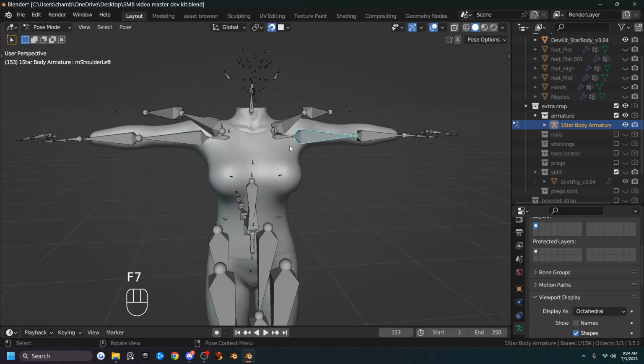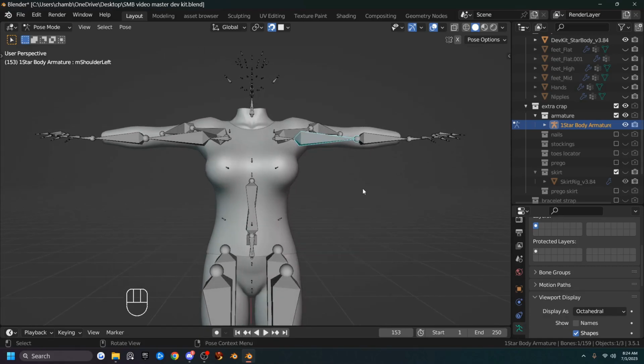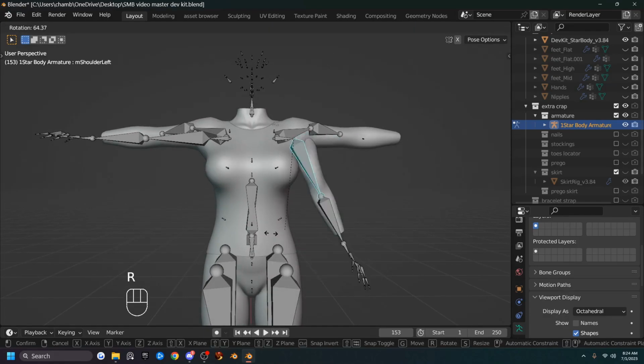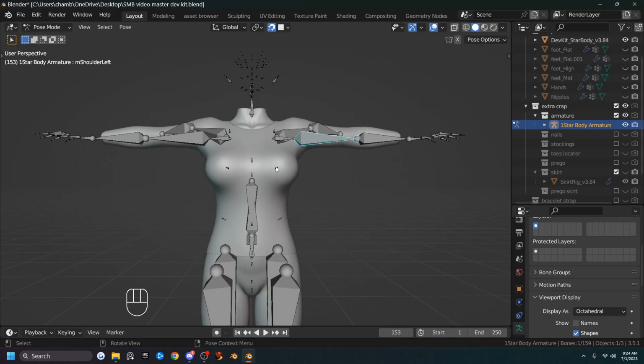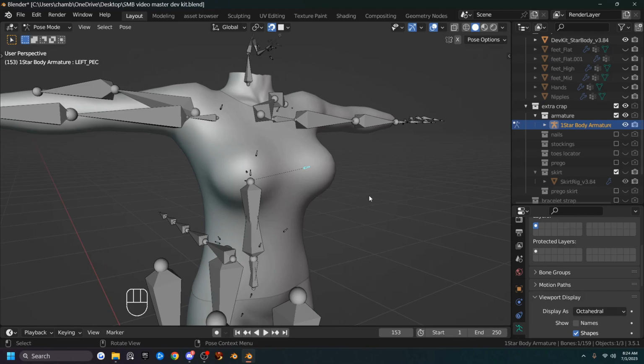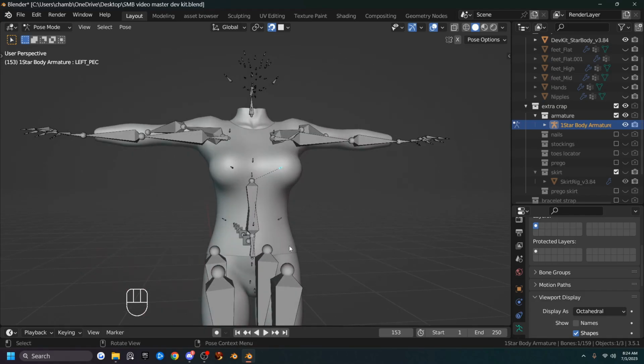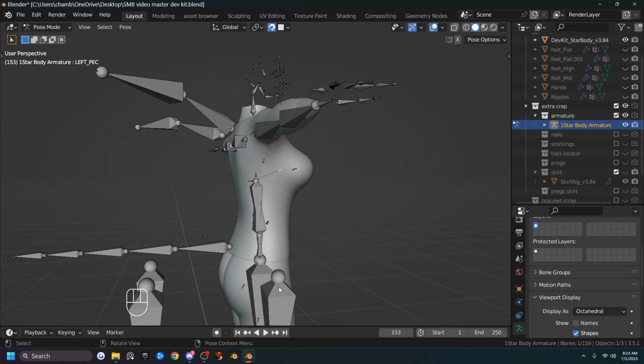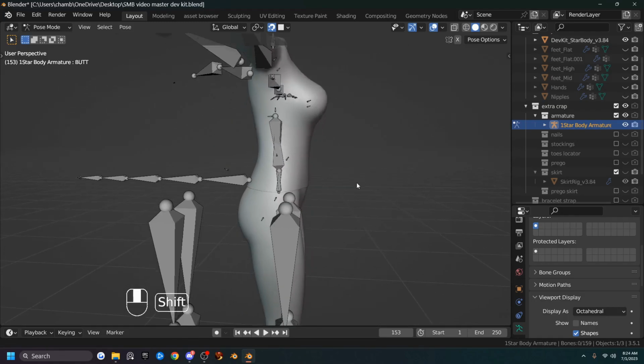So like I said, the lowercase letter bones, they're like your real bones, and they move your body around. The uppercase letter bones, they control the resizing in Second Life. So if you want bigger breasts or fatter hips or whatever, bigger butt, those uppercase letters control that in Second